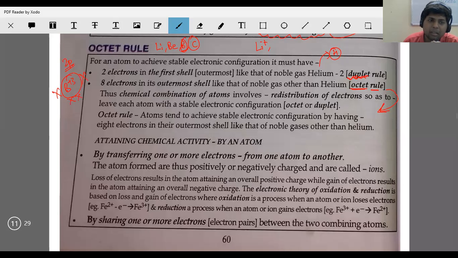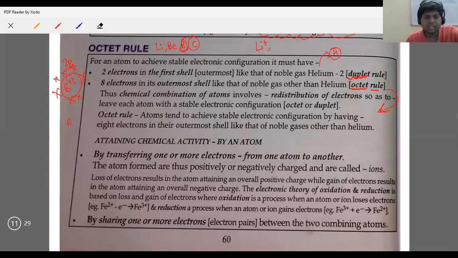Sir, so it means it gains 5 electrons? No, it does not gain 5 electrons, it shares, and it forms, for example, BH3. This is your BH3, so still its octet is not getting completed. This we will look into in higher classes, because in this case octet is not complete but still this compound exists. It means that the octet rule has some flaws. So for this another theory will come up in class 11 that will explain why such compounds exist.